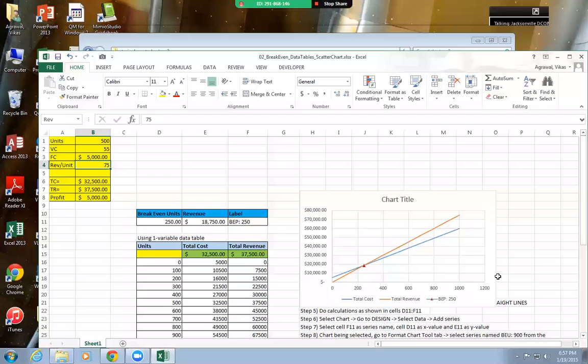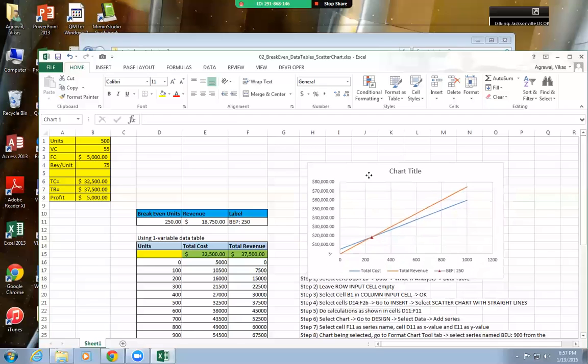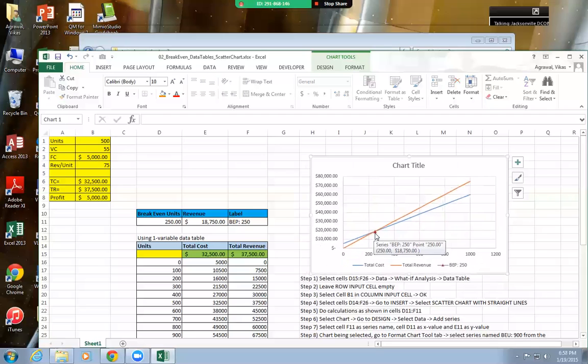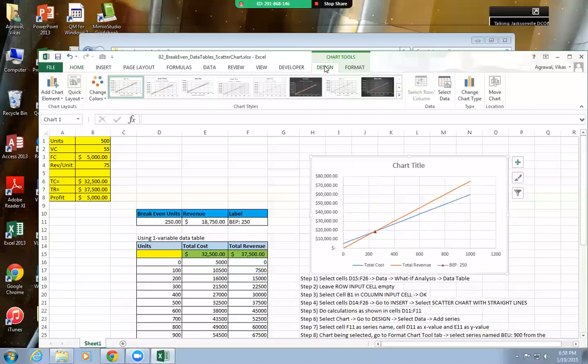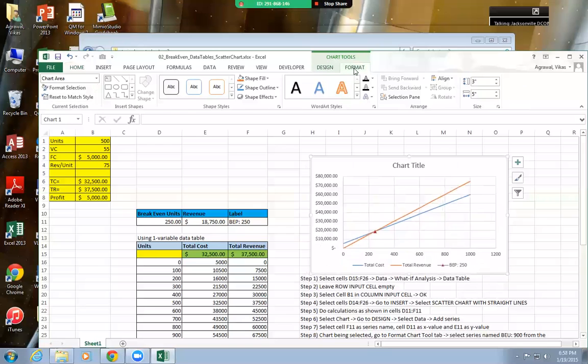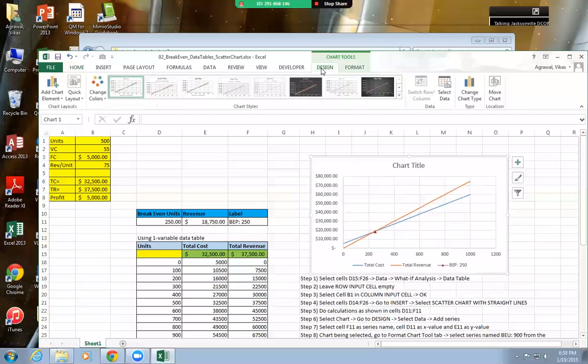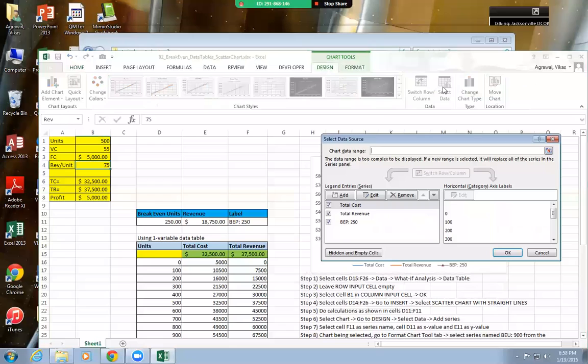Yes. I missed the part when you click on the chart and then you did design and select data. What did you do when you were in there? You clicked on the chart, you went to design, then you went to select data. I went to the format before that. Let's plot it again at this point. So I go to the design, I go to select data here.